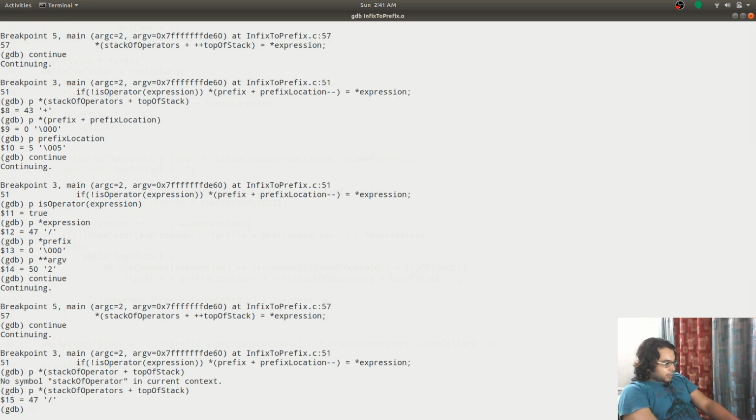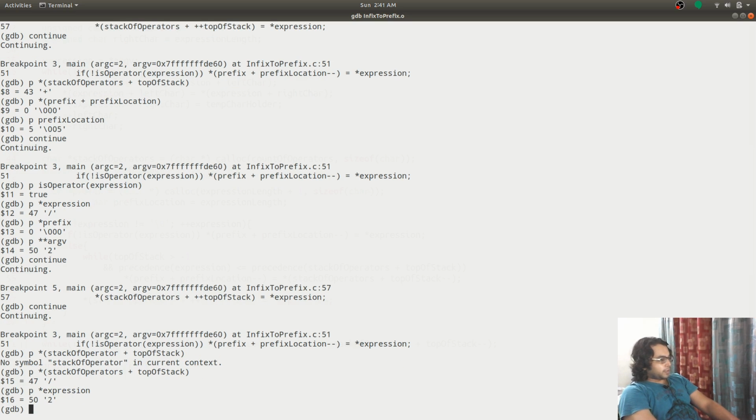Okay, it is correct. And say the current value is 2. This 2 should go in the prefix array. If it is not going, then we have some problem over here.